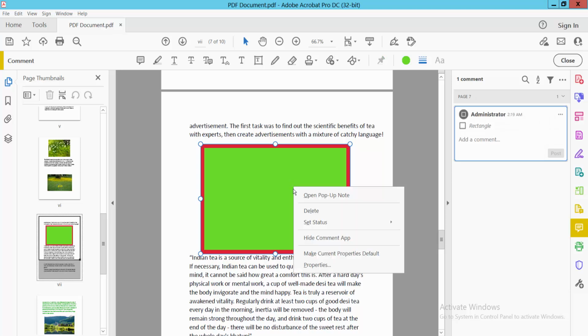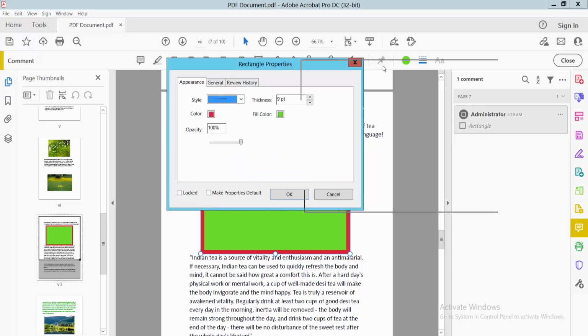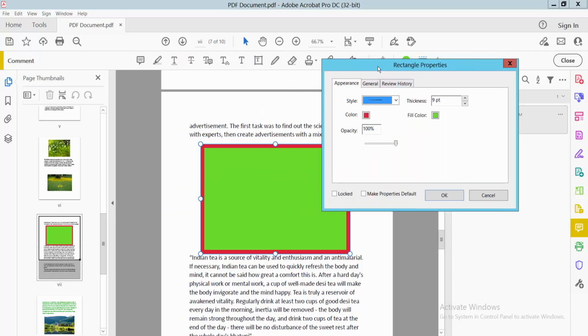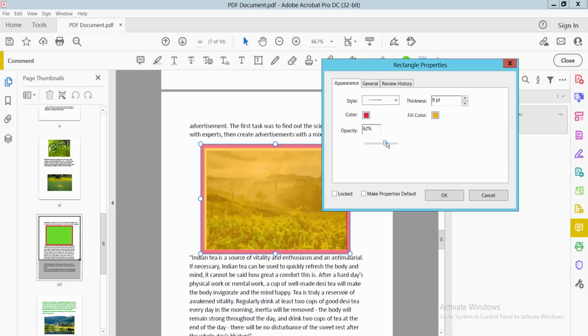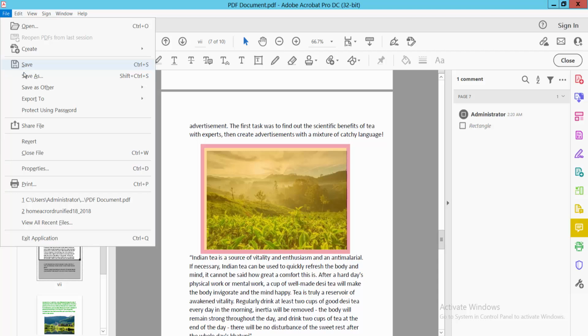Now right-click and select Properties, and the Rectangle Properties dialog box opens. Select your Appearance option and the Fill Color. I'll select this fill color, and this Opacity option means transparent. Finally select OK, and the rectangle is now transparent. Finally select the File option, then Save or Save As